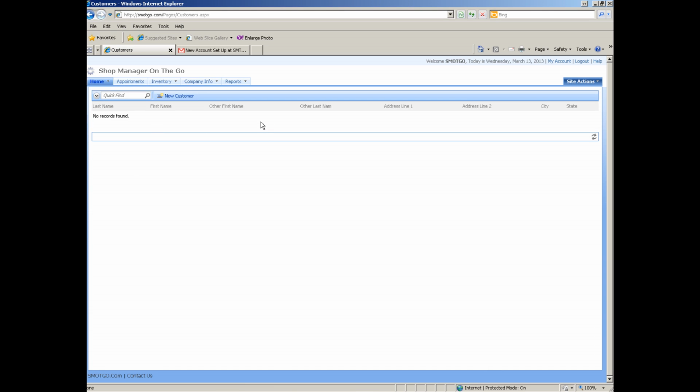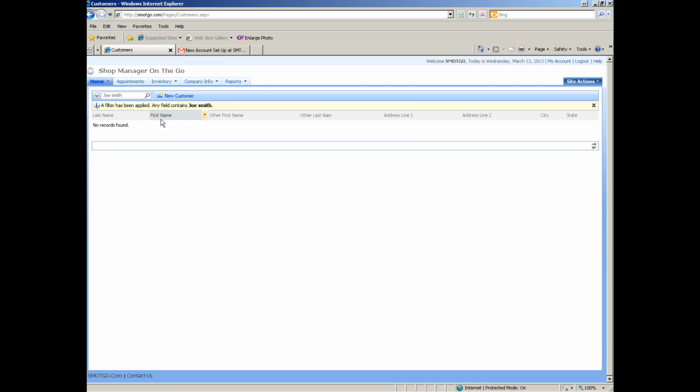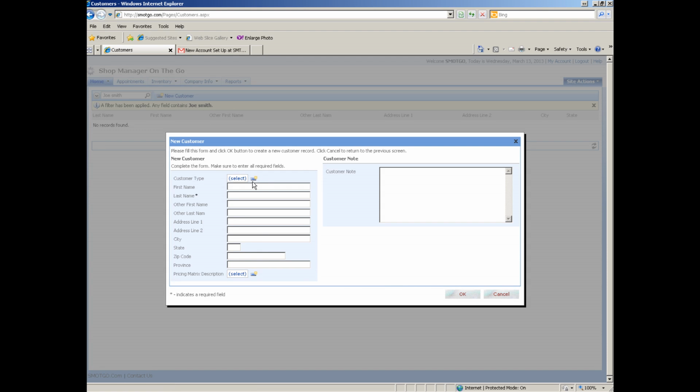Now you can see we have no customers in here, but let's just start by searching for Joe Smith. We can hit Enter, or we can click on the little magnifying glass to search. So you can see there's no records found for Joe Smith. So we're going to add Joe. Click on New Customer